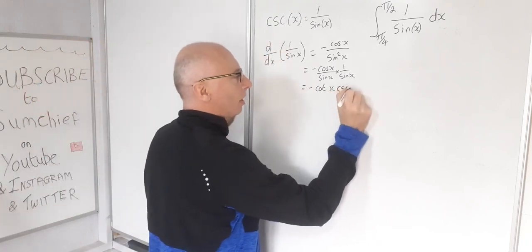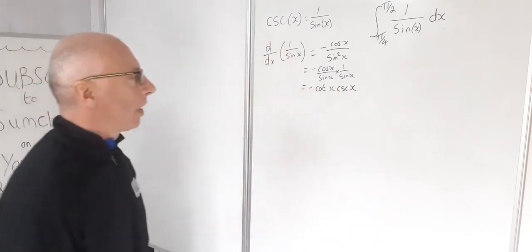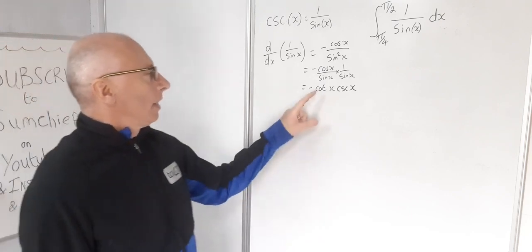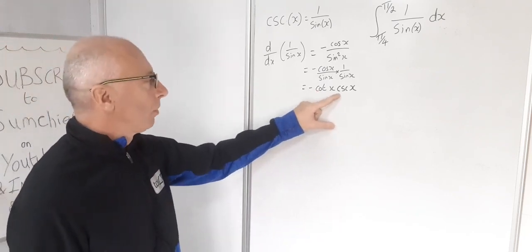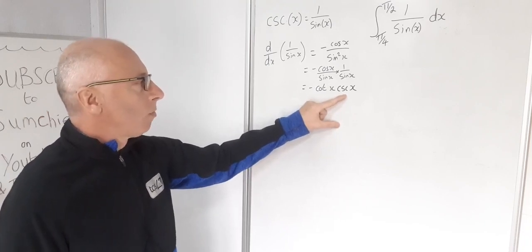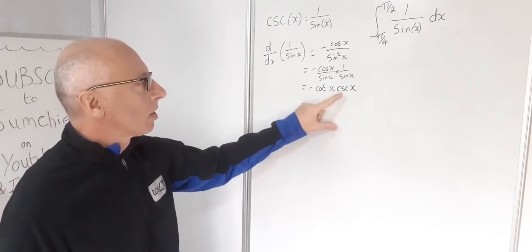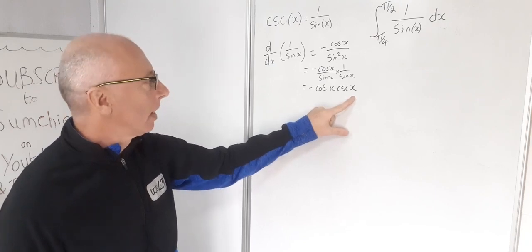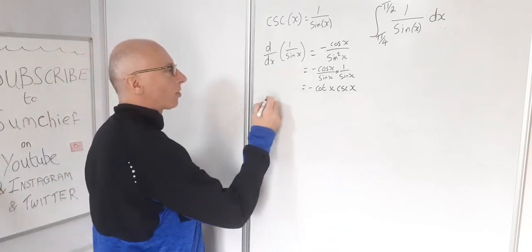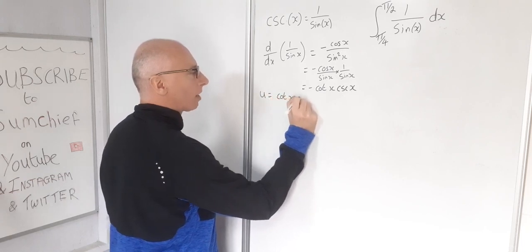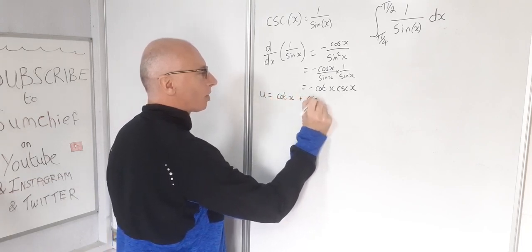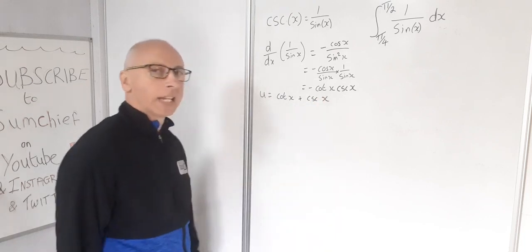So that's our derivative here. Now if we take the derivative of that, we're going to get some more functions come up. So why don't we try cotangent of x plus cosecant of x? Let's try that. So let's try u equals cotangent of x plus cosecant of x, and let's see where that